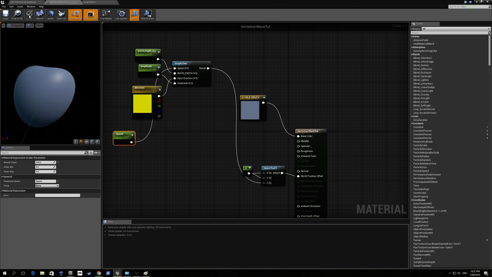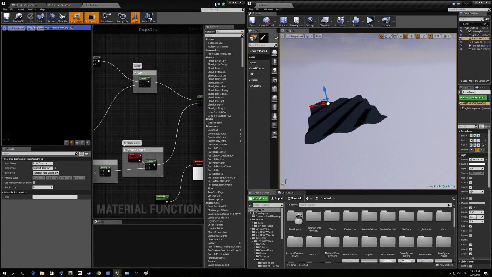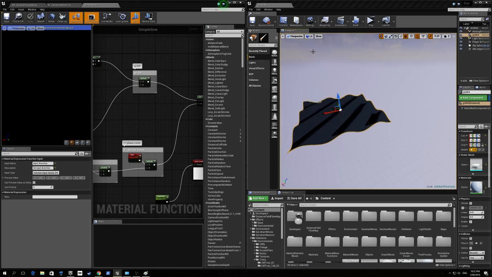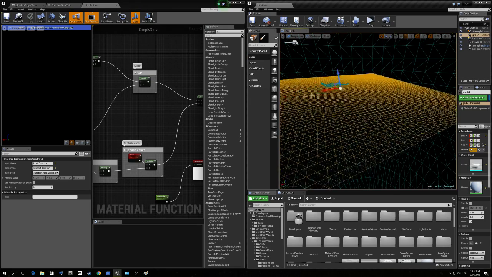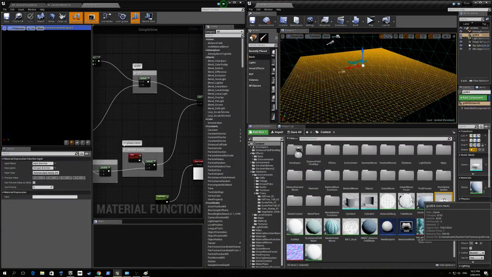I'm not implementing the grid, it's just a mesh. We could use the procedural generator if we want, but I've just got a mesh, so let's have a look at our mesh. Let's go wireframe. This is the mesh. It's just a simple mesh, and I can't remember, I think I got it from... I generated it in a third-party application, but I believe if you download the content examples of the